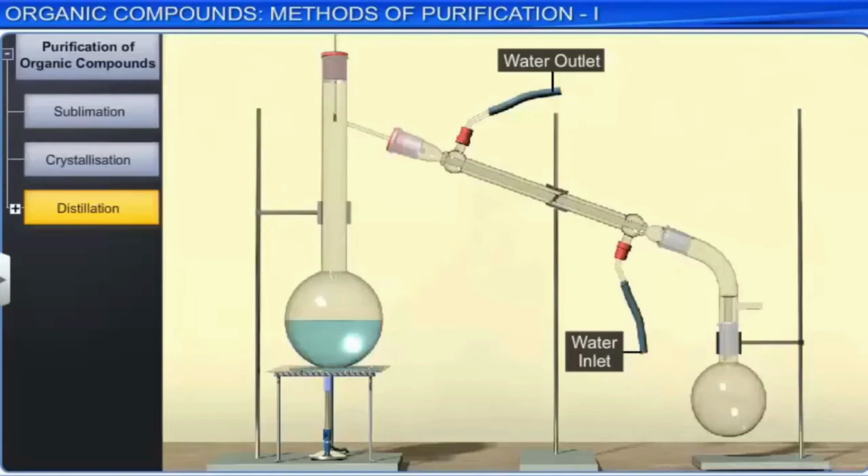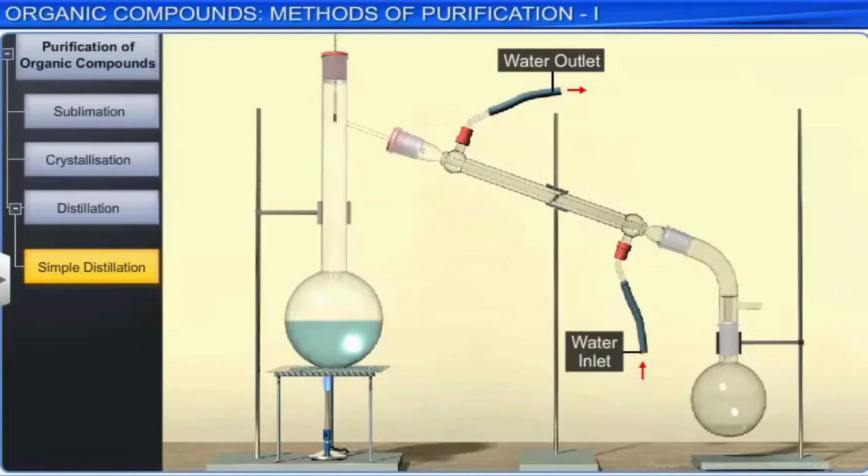Now let's look at the distillation process. This method is used for separating volatile liquids from non-volatile impurities, and also to separate liquids which differ in their boiling points. Simple distillation is used when the liquids in the mixture differ appreciably in their boiling points. For example, a mixture of chloroform and aniline, which differ in their boiling point by 123 degrees Celsius, are separated